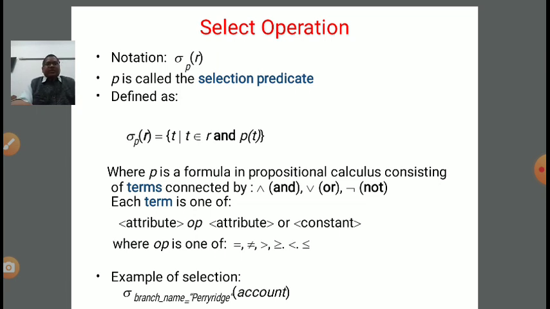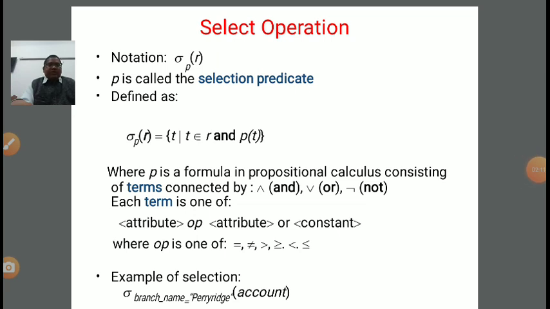The symbol for this select operation is sigma, and in the suffix we are writing p for predicate condition. Whatever condition we want to apply, we will write down at the bottom of the sigma or suffix of the sigma, and in bracket we will write down the name of corresponding relation, right? Now see, p is called the selection predicate.